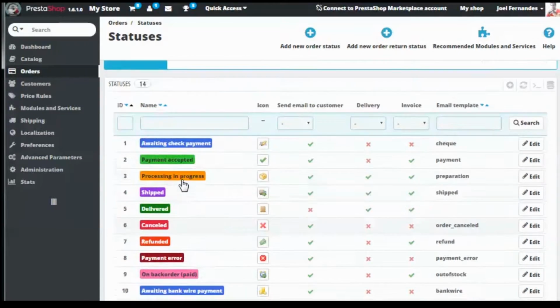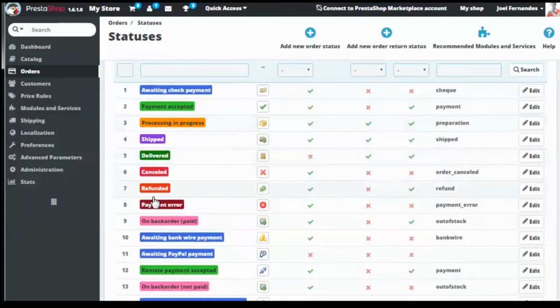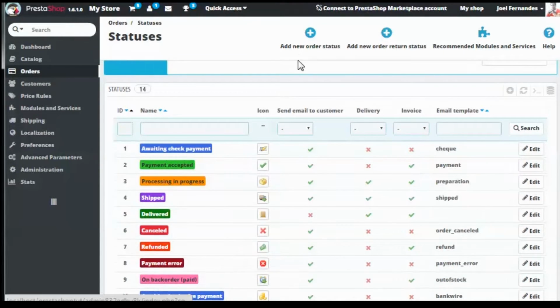You remember that I was talking about the payment accepted status. If you want to add a new status, like there is some new status requirement for your store, like refunded order or something like that. Refunded order is already there, but I was just giving you an example. Suppose you have payment accepted using cash, so you can create a new type of order status using this plus icon.